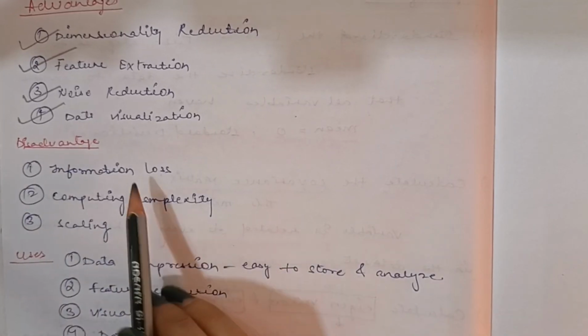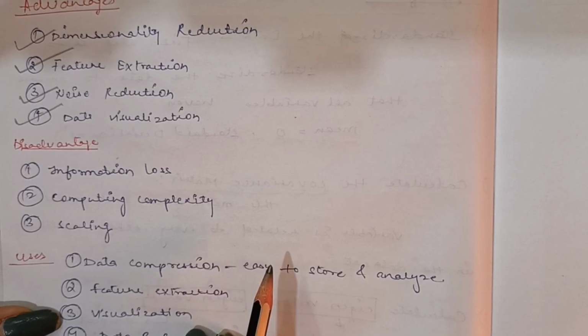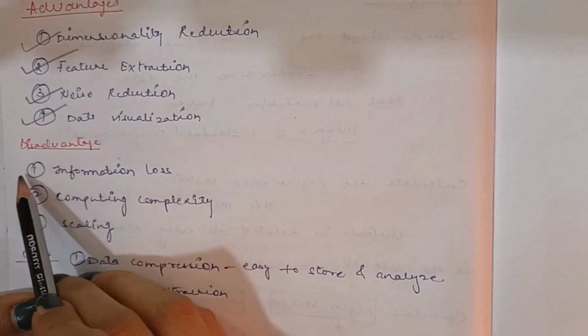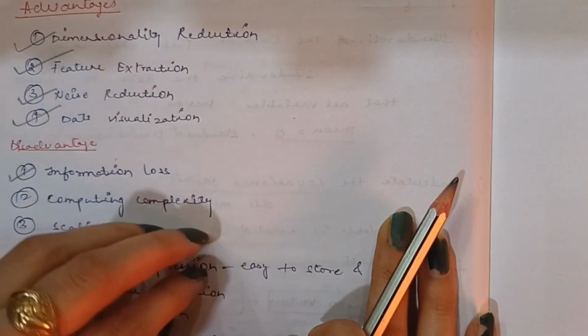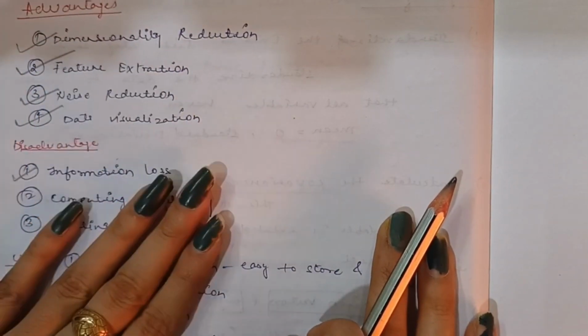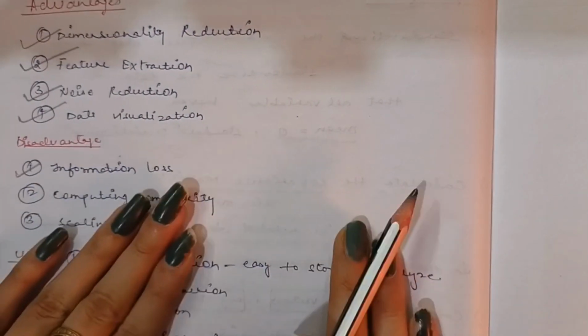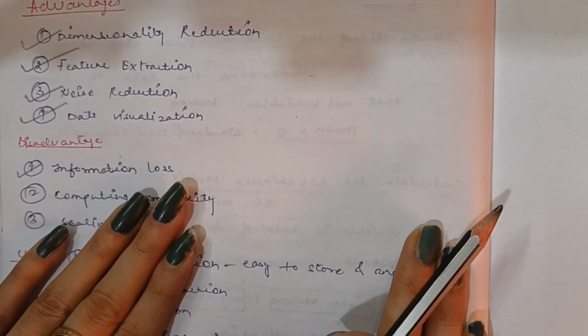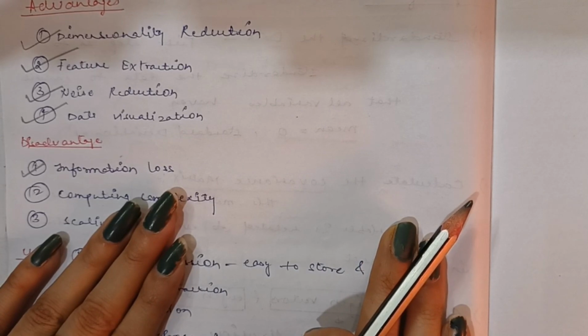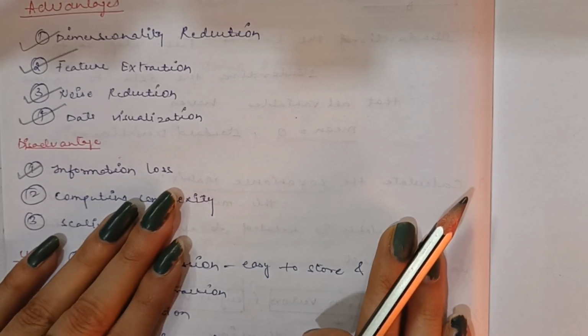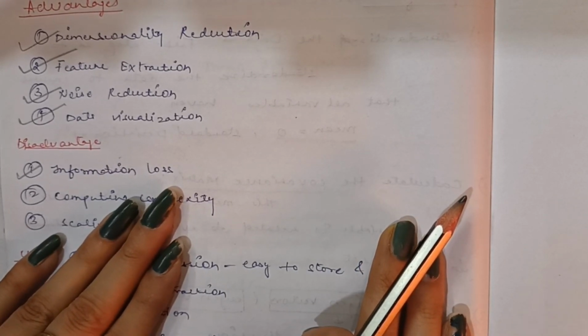Now, let us look at some disadvantages of this PCA. First is information loss. It involves choosing a subset of the most crucial features in order to reduce the dimensions of the data. While this can be helpful for streamlining of the data and lowering the noise, if crucial features are not included in the component chosen, information loss may also be a result.